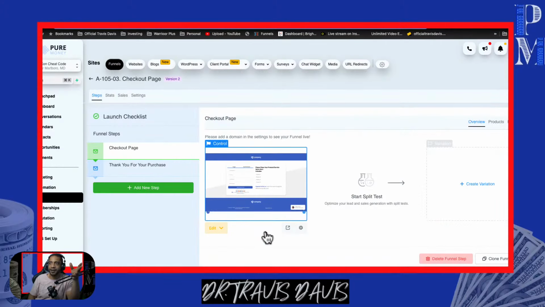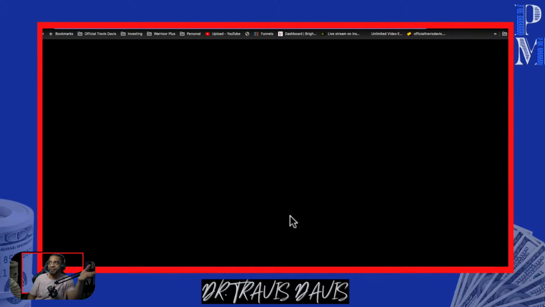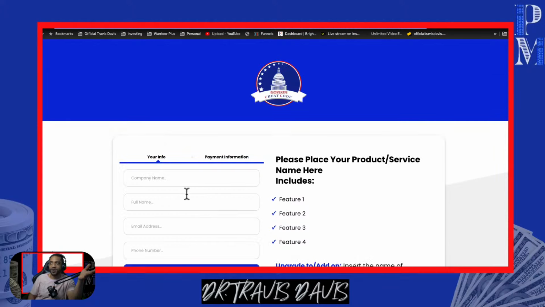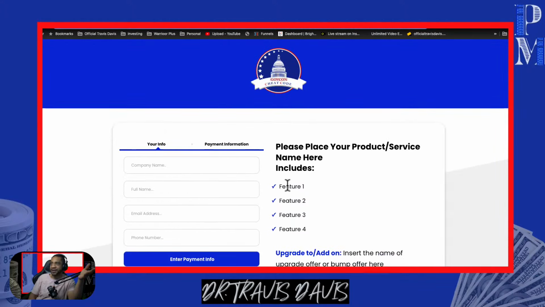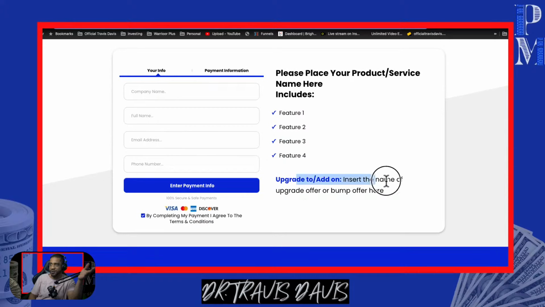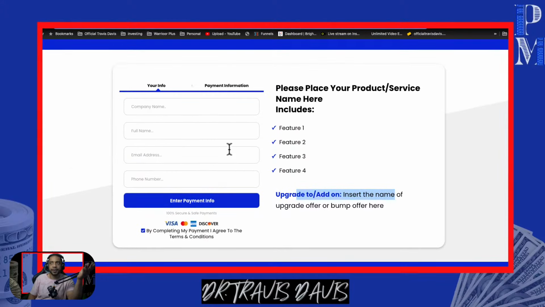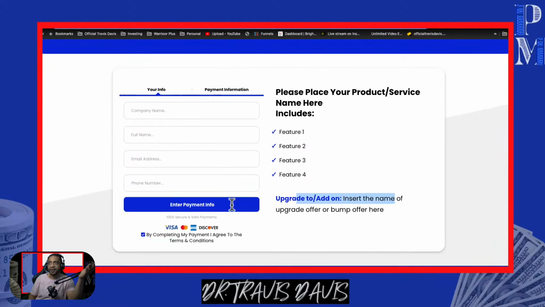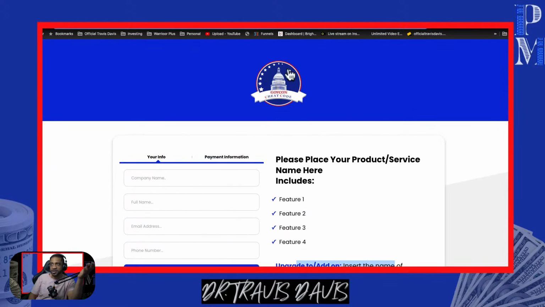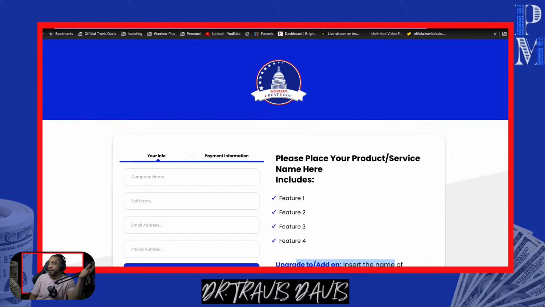I mean, look, don't beat yourself up about it. Understand that the order form and stuff is here. Just come back here, change the features of what you got going on. If you got any upgrades or add-ons, add that right there. If not, delete it. But here you go, the payment. It can check out. We're going to put your logo right here, not my logo, your logo. So you got your logo, you got the order form. Boom, you ready to go.